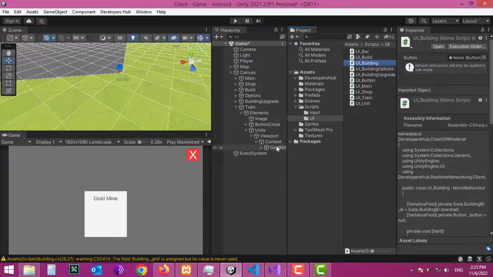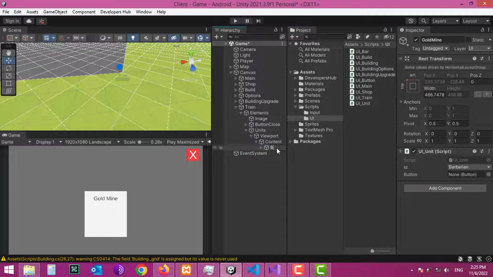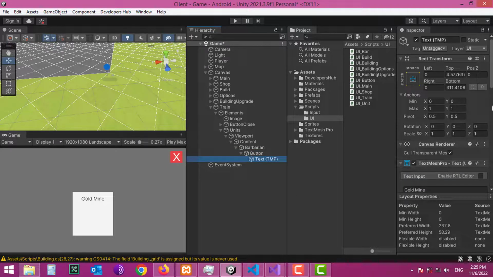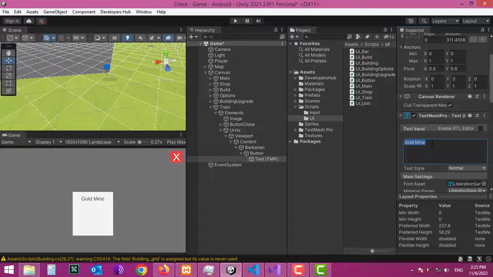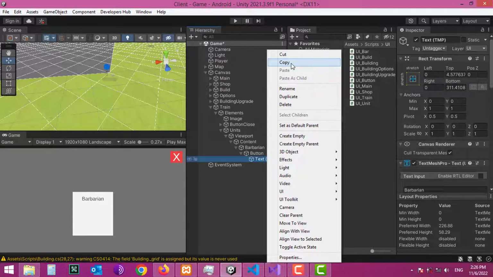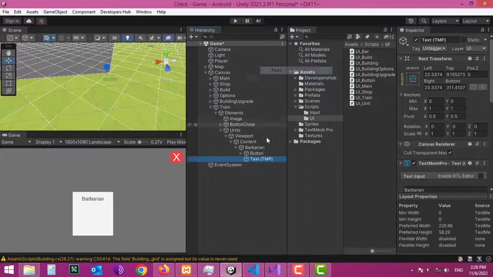And let's go back to the UI. Here it is. Let's rename this to Barbarian and also change the text for it. Let me open some space. This is going to be Barbarian, and we also need to change the ID for it. Yes, it is changed, and that is going to be the button. We could also add the number of units we have, so I'm just gonna copy that and let's paste it here. This is gonna be have